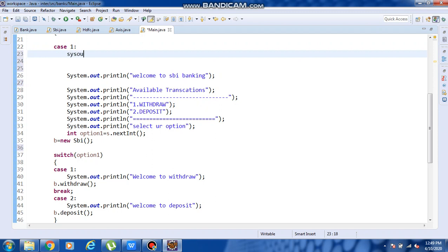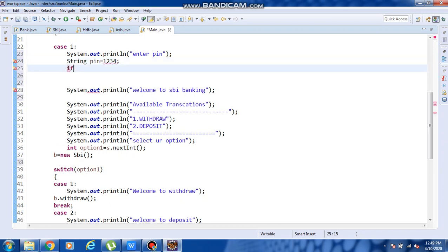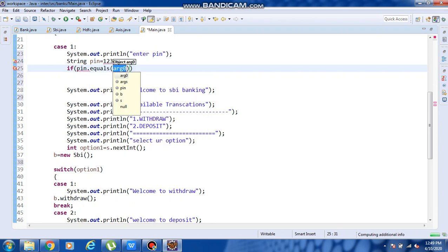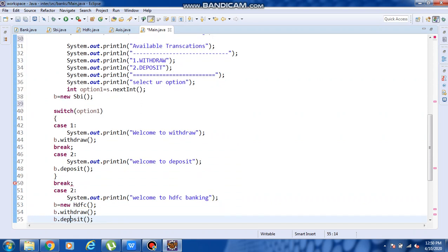System.out.println, enter pin. So now pin I am taking as a string. String pin equals to, just for example I am taking 1234. So I am giving if pin dot equals 1234, open the bracket and put all this transaction up to the end of the case 1.